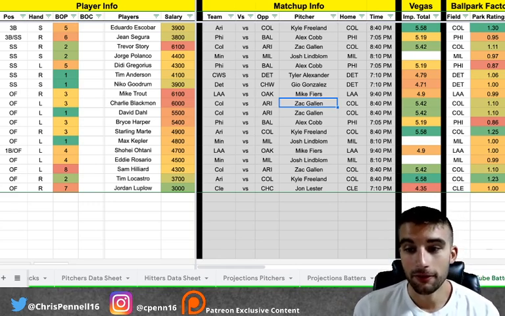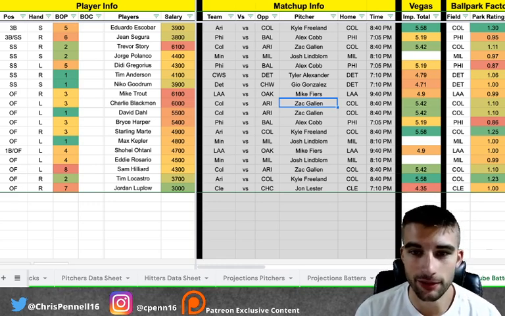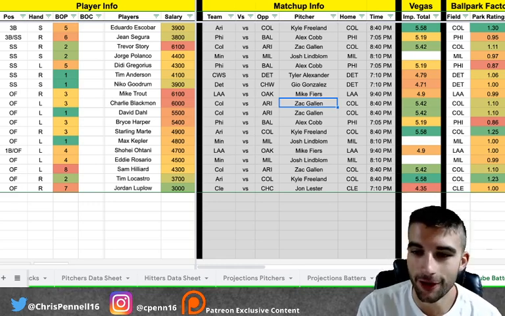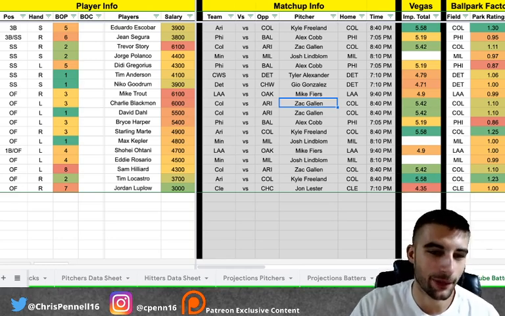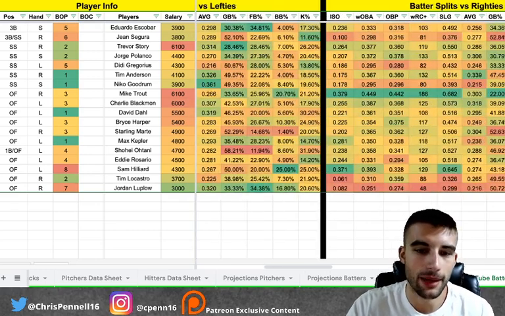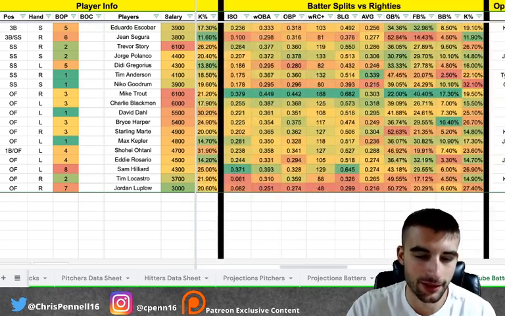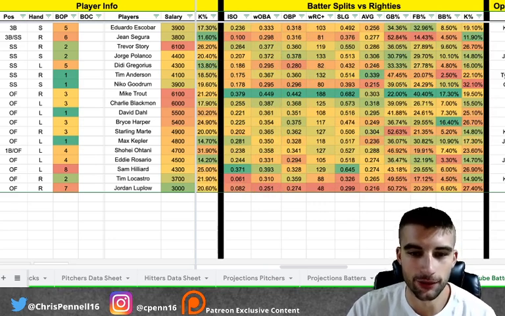And look, Trout's got more power versus righties, and Mike Fiers gives up more power to righties. So it's a double reverse splits matchup, and I always like targeting these. So definitely like the spot for Mike Trout here. Fiers is not a terrible pitcher, but certainly will give up some power, and he also isn't a high strikeout guy. And if you're looking at Trout's numbers versus righties, it's too good. .379 ISO, .682 slugging,